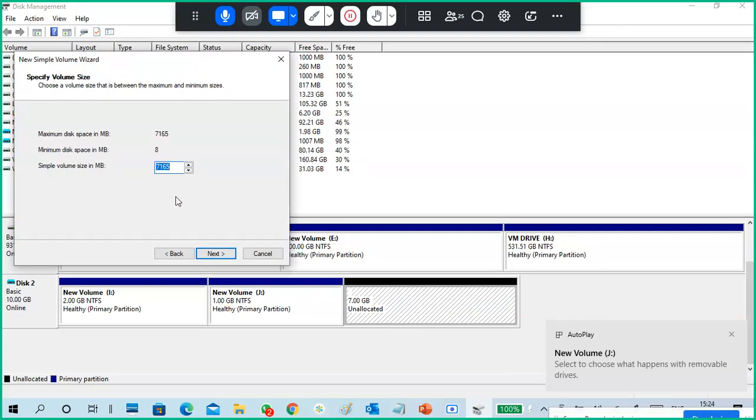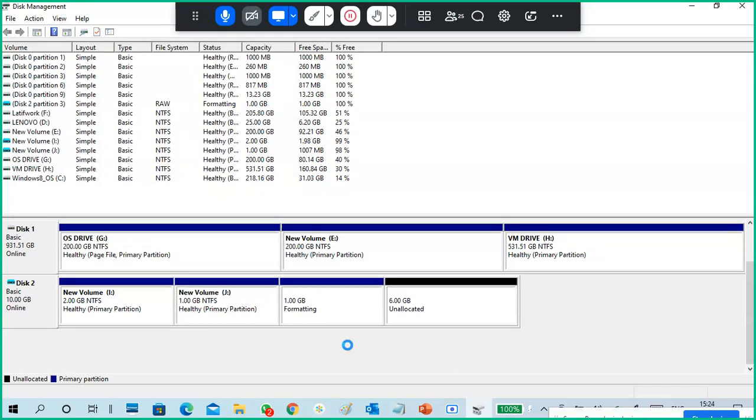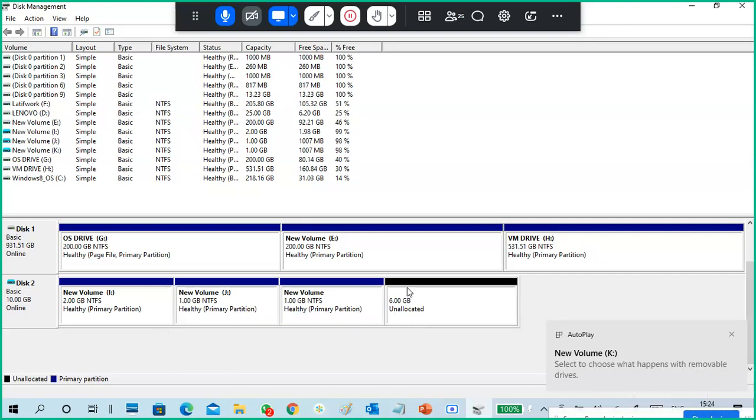If you are using Windows XP, 2000, 2003 kind of versions, then after three primaries are completed, for the fourth one it will ask, do you want to create a primary or extended?